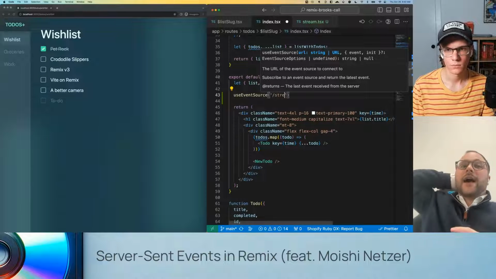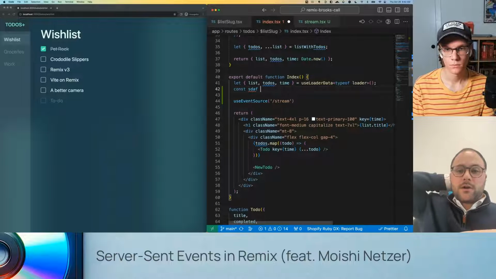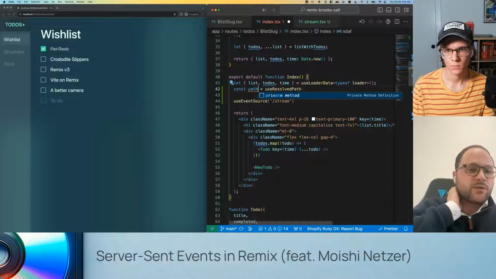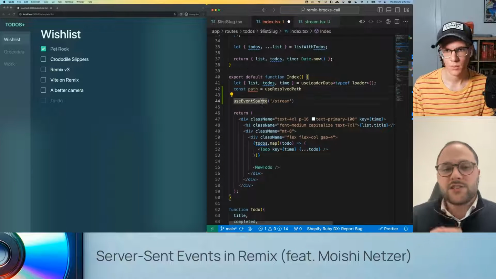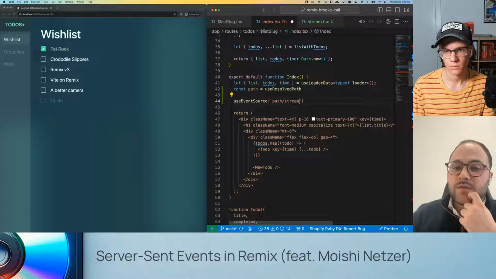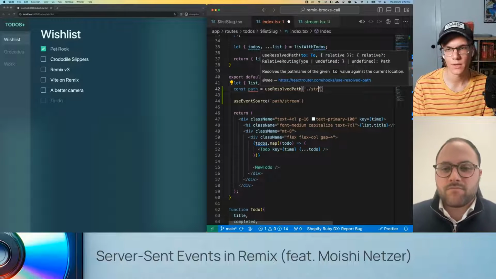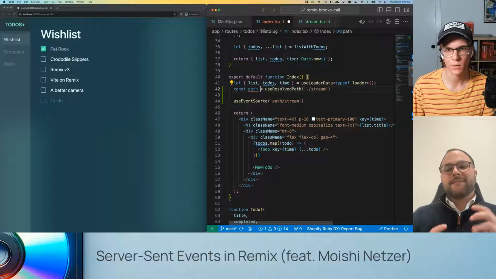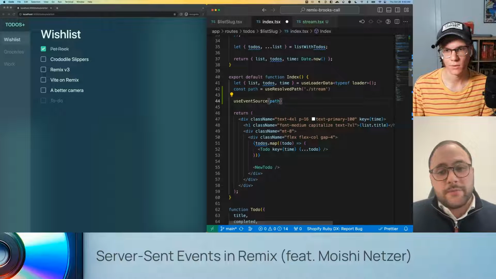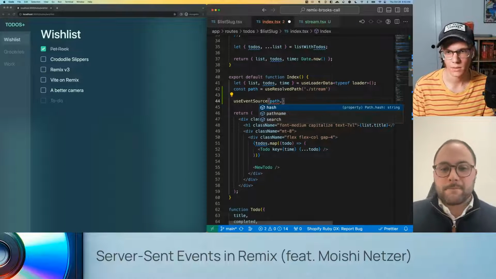So Remix has a good way of doing that. I don't know if you know about this with useResolvedPath. Cool. useResolvedPath, and let's call that path because it returns the path, right? And let's do useResolvedPath, and then it's /stream inside useResolvedPath. Oh, that's cool. Okay, so this gives you the relative path. Oh, okay. I see what you're saying. So this is already the path. Exactly. And then it's path.pathname because you get the whole path object. Nice. Pathname. That makes sense.